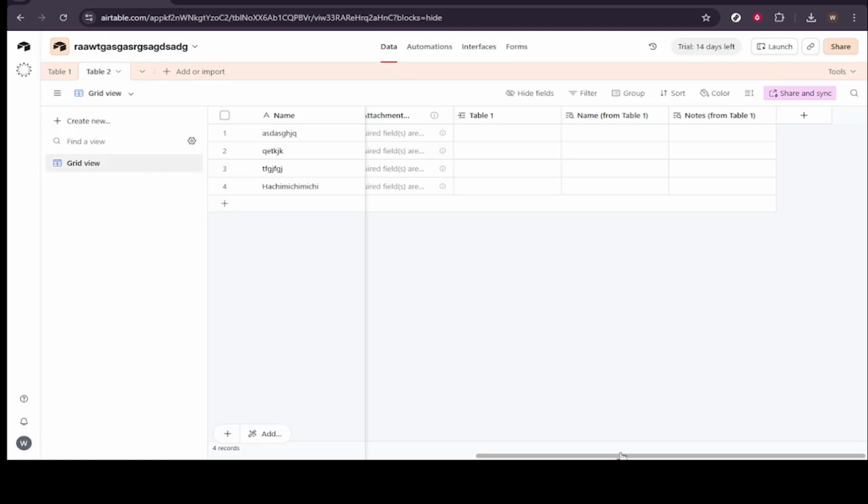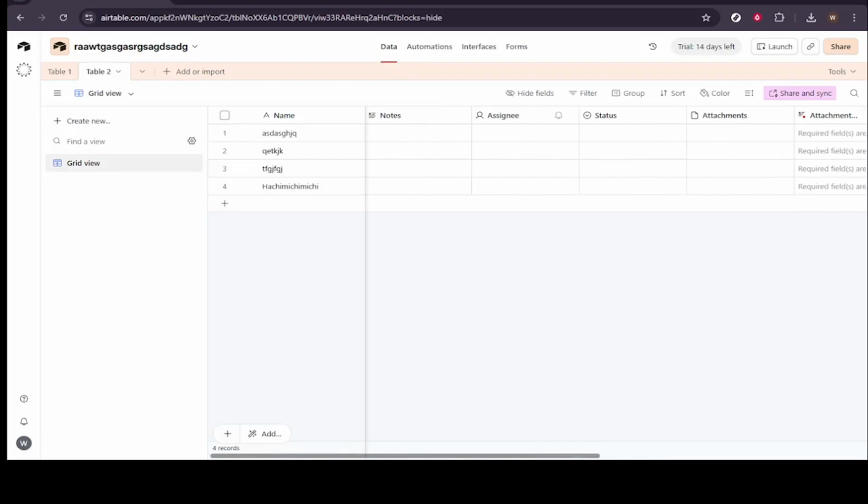In today's video, I am going to teach you how to import data into Airtable without duplications. When you import data the usual way, Airtable often just appends new rows. That is how duplicates get created. The cleaner approach is to use a merge method, sometimes called an upsert. This compares your incoming CSV data against a unique identifier in your table, and then updates matching records instead of